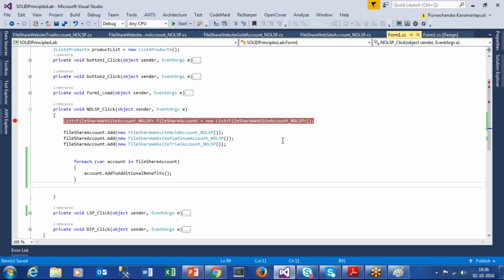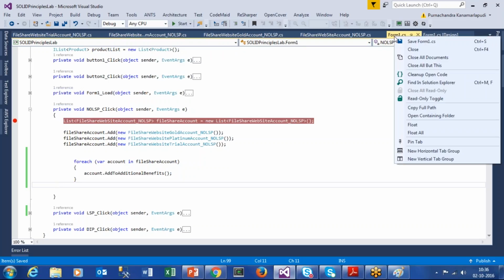So as I told you, we need to differentiate the customers. I will differentiate customers like this: paid customer and then trial customer. Under paid customer, you can have a gold customer or platinum customer or any other customer. Under guest account, I can have a trial account. So I will keep this base class as it is, and now